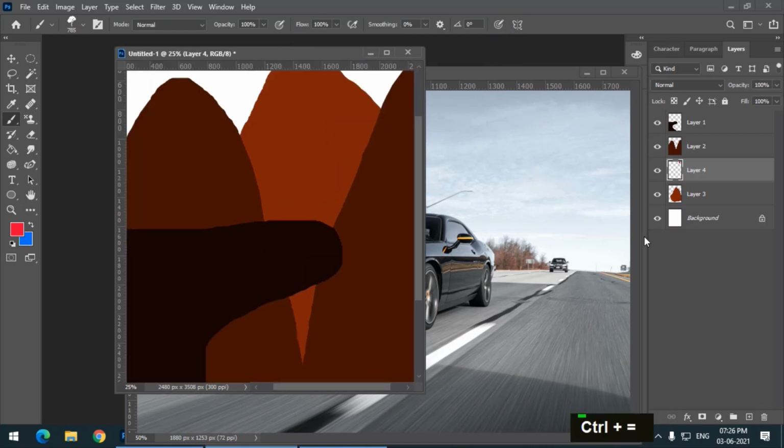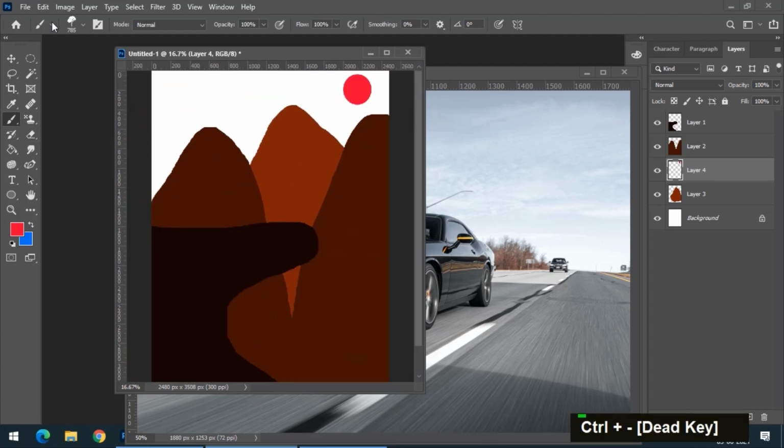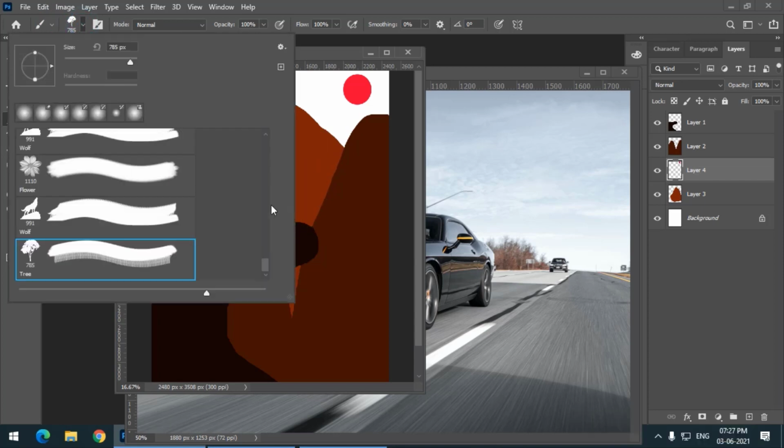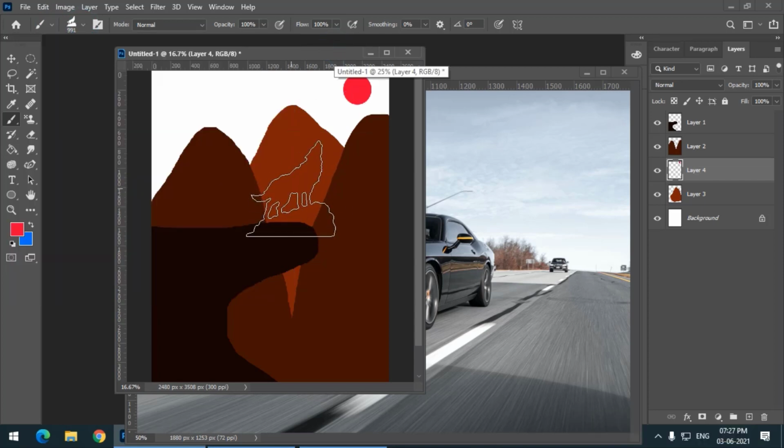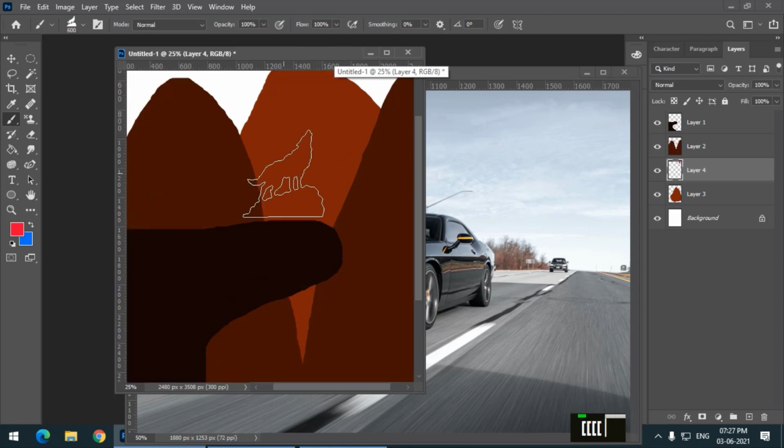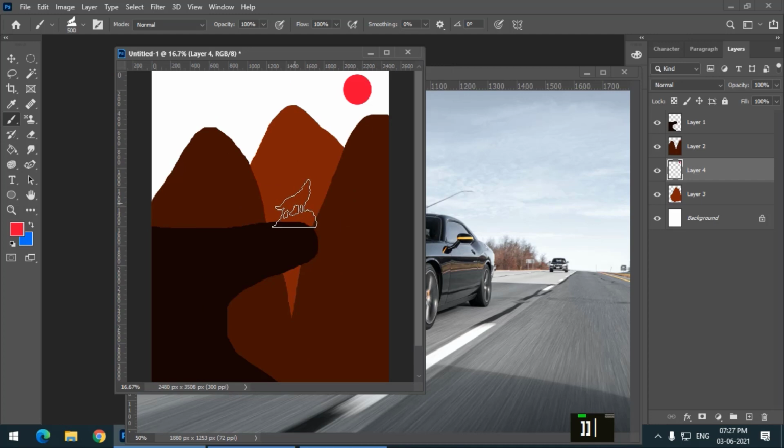So I will simply choose from this brush panel the wolf first, and I will increase and decrease by using the square bracket keys. I will again create a new layer, because what if we want to change the position of the wolf?